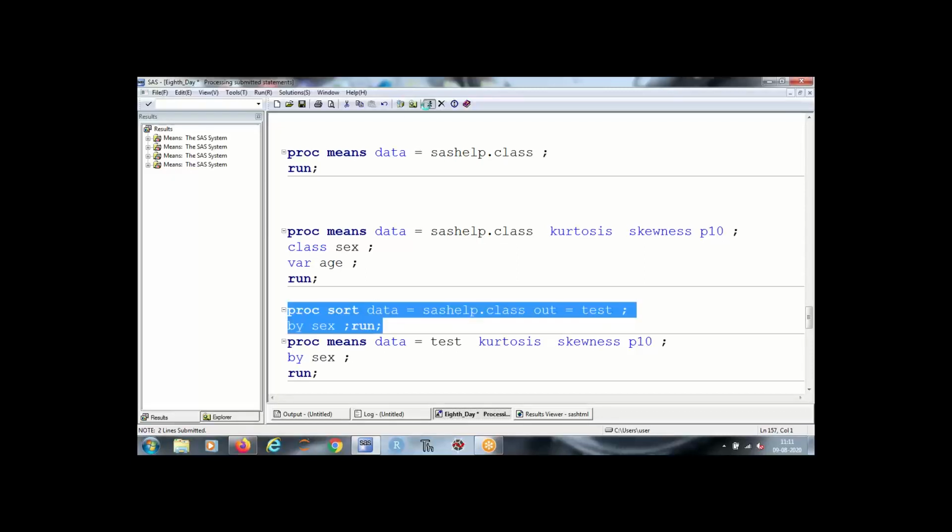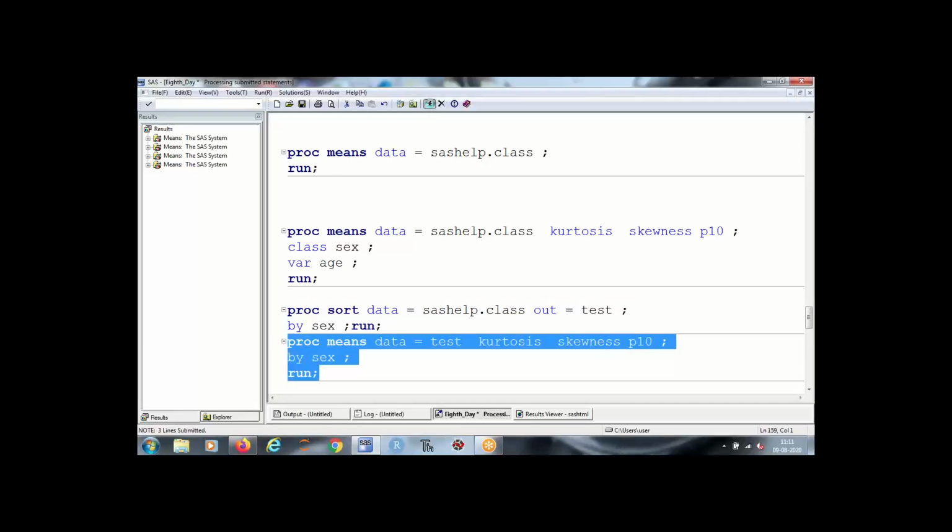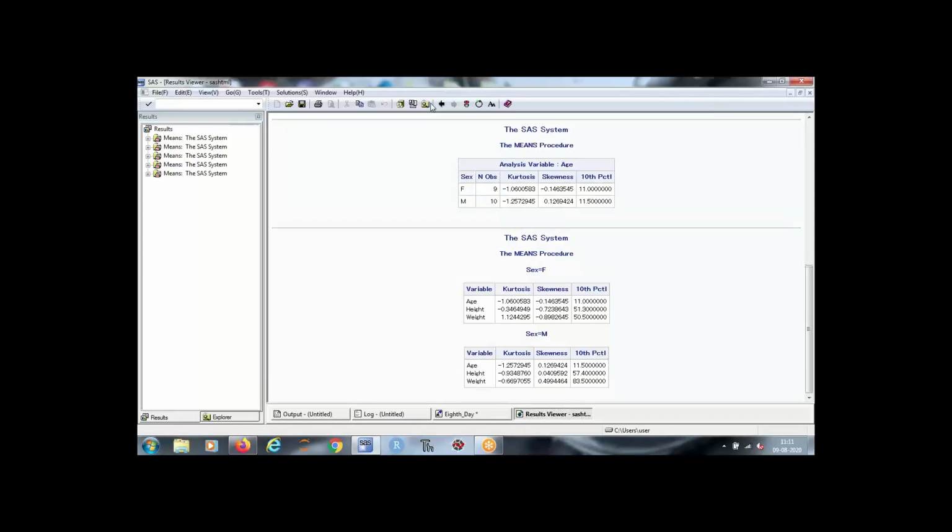So I'm just sorting my data. The only difference between by and class is that with the help of by, you will get separate output. 10th percentile, Karishma. Right? With the help of by, this will give you separate output. With class, it will give the output in the same table, right?